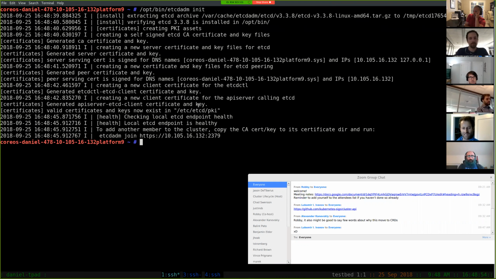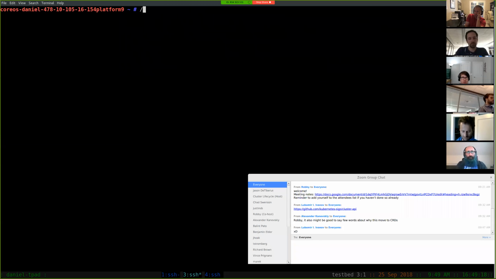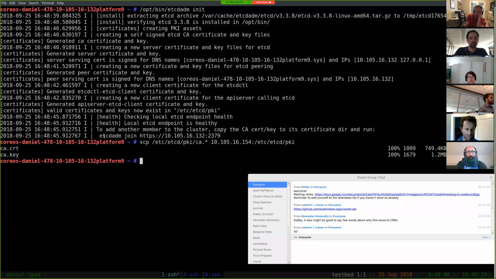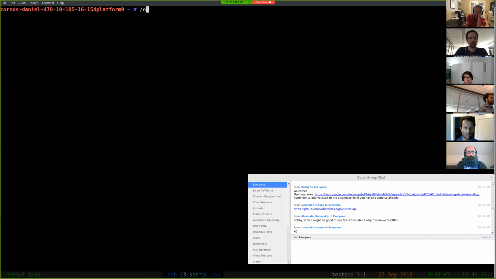The idea is it's very similar: you can run init on one machine that'll get a single-node, single-member cluster up, and then copy over the CA cert and key to another machine and run etcd-adm join there. So let me just do that. I'll copy over the CA cert, and then run etcd-adm join on the other machine.